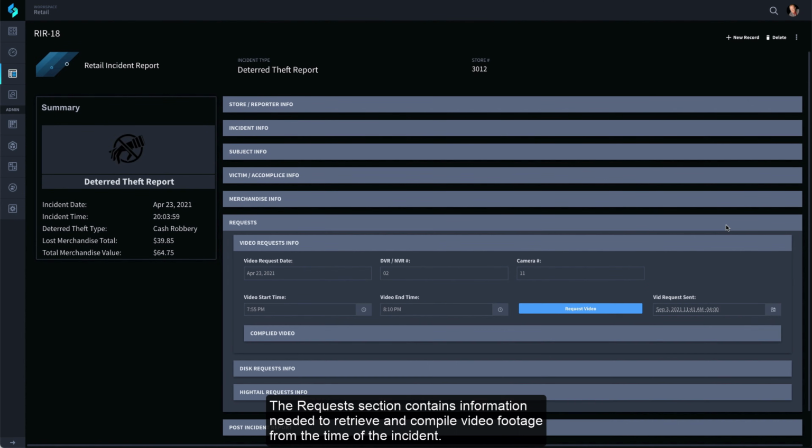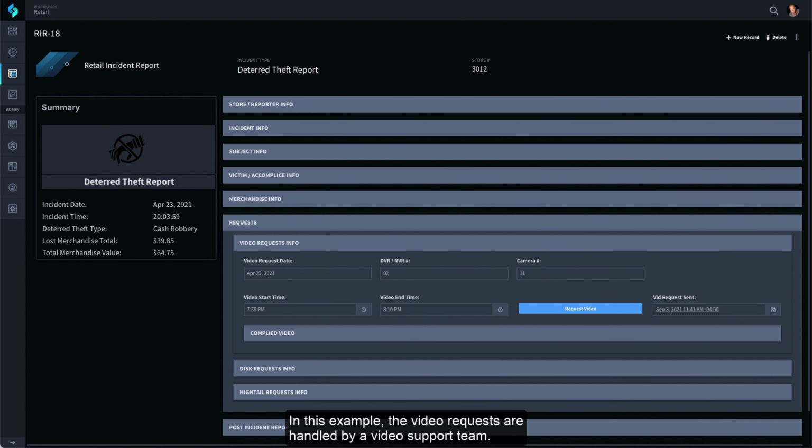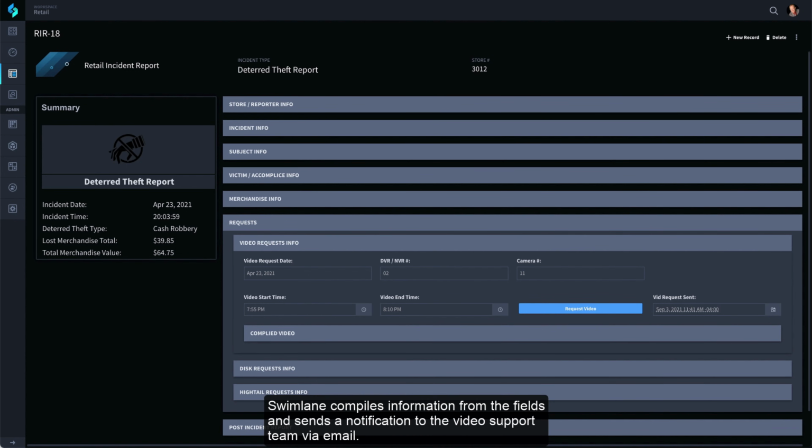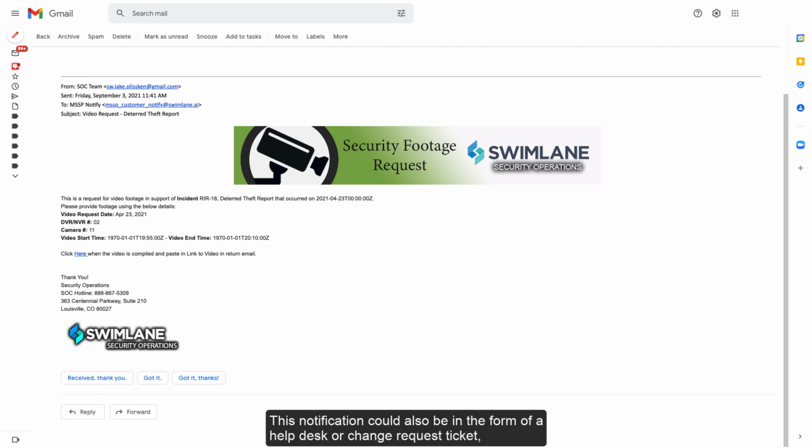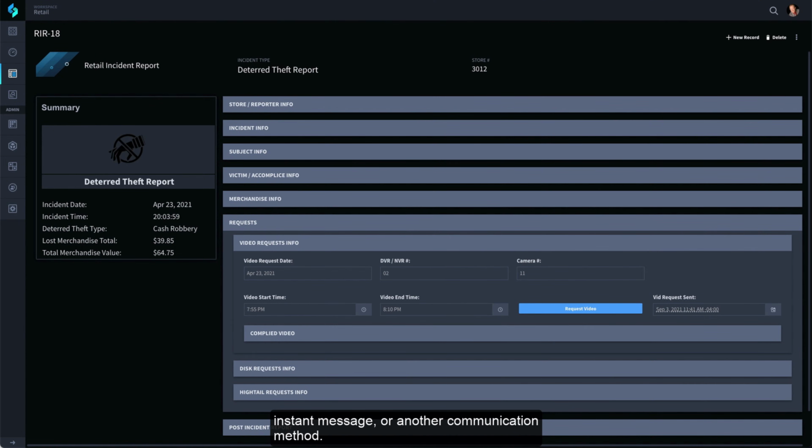The request section contains information needed to retrieve and compile video footage from the time of the incident. In this example, the video requests are handled by a video support team. Swimlane compiles information from the fields and sends a notification to the video support team via email. This notification could also be in the form of a help desk or change request ticket, instant message, or another